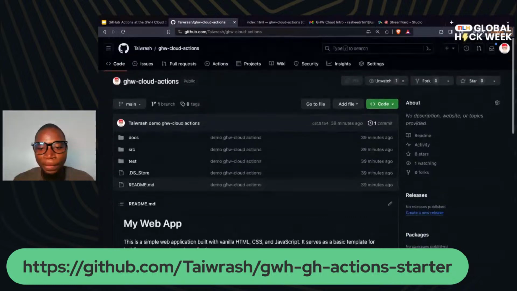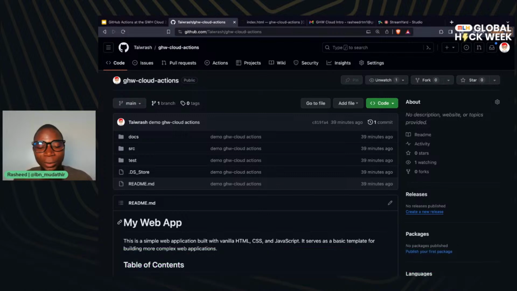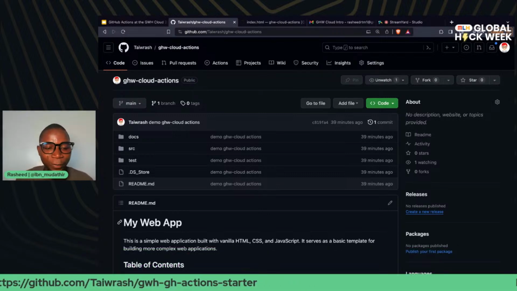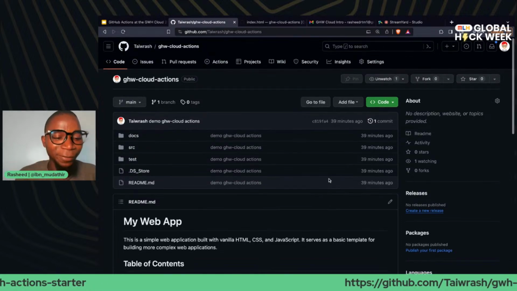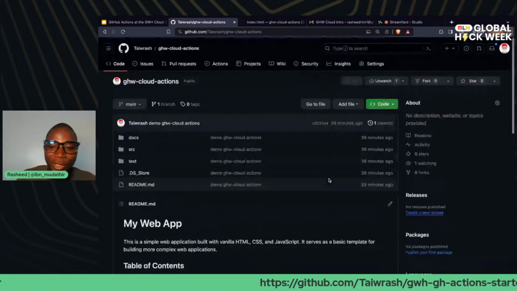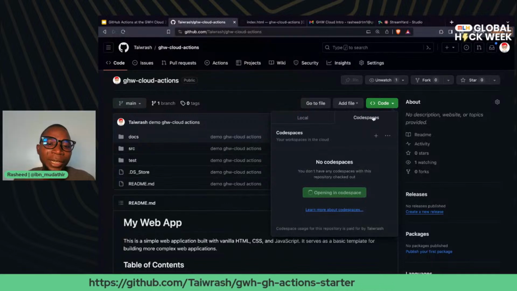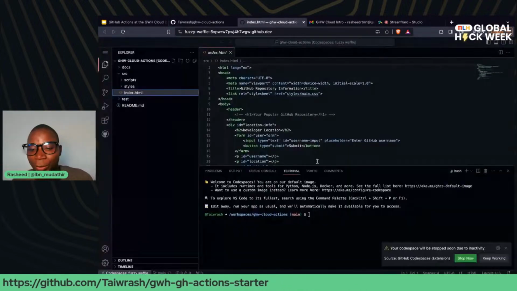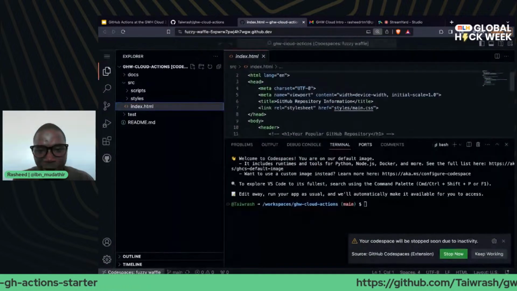I will be editing this, which is why I decided to make two different repositories, not a branch, so that I don't have conflicts and so that I will not hang on this particular screen for a longer time. I decided to open it with GitHub Codespaces, and this is what I have up. Let me see how I can make it bigger.